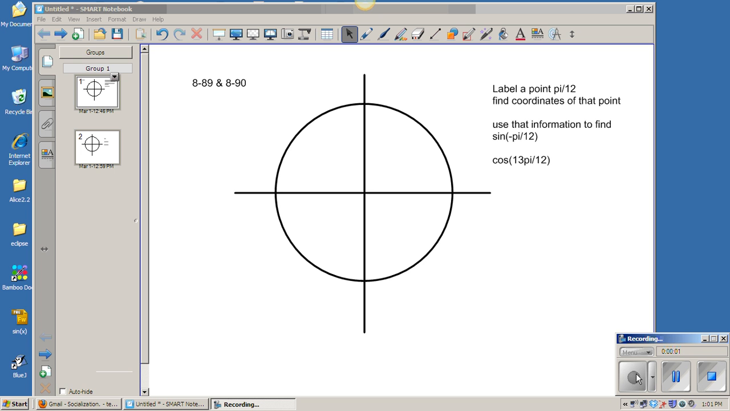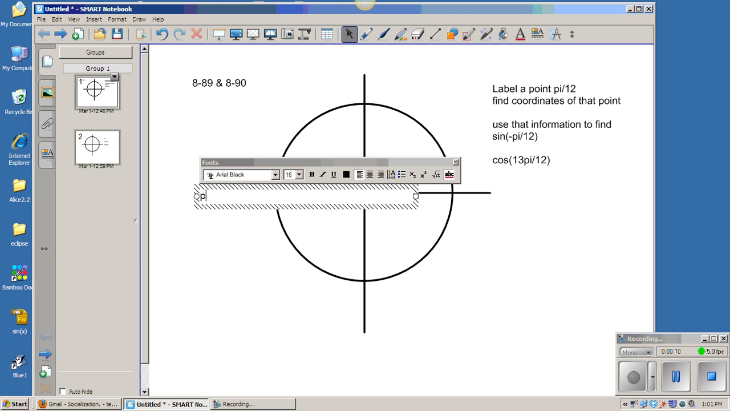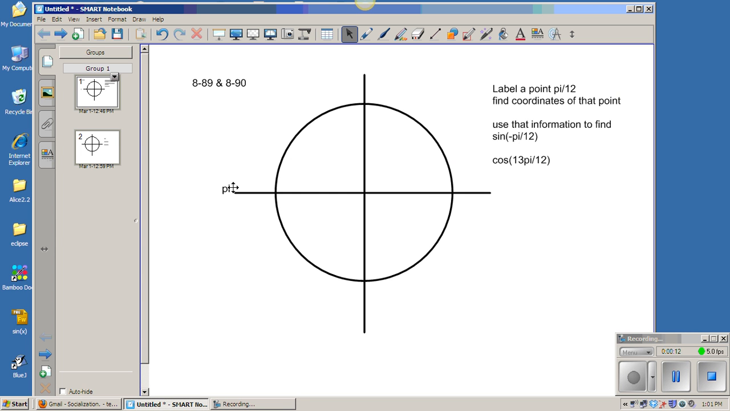Supposed to do is label the point pi over 12. And what I want to remind you guys about is that the point pi is right on the 180 degree mark, but we're not going to talk in degrees anymore. We're just going to talk now in radians. So this would represent pi radians from 0 all the way around the circle, or halfway around the circle is pi. Therefore, if I split that up into 12 pieces, like if I had